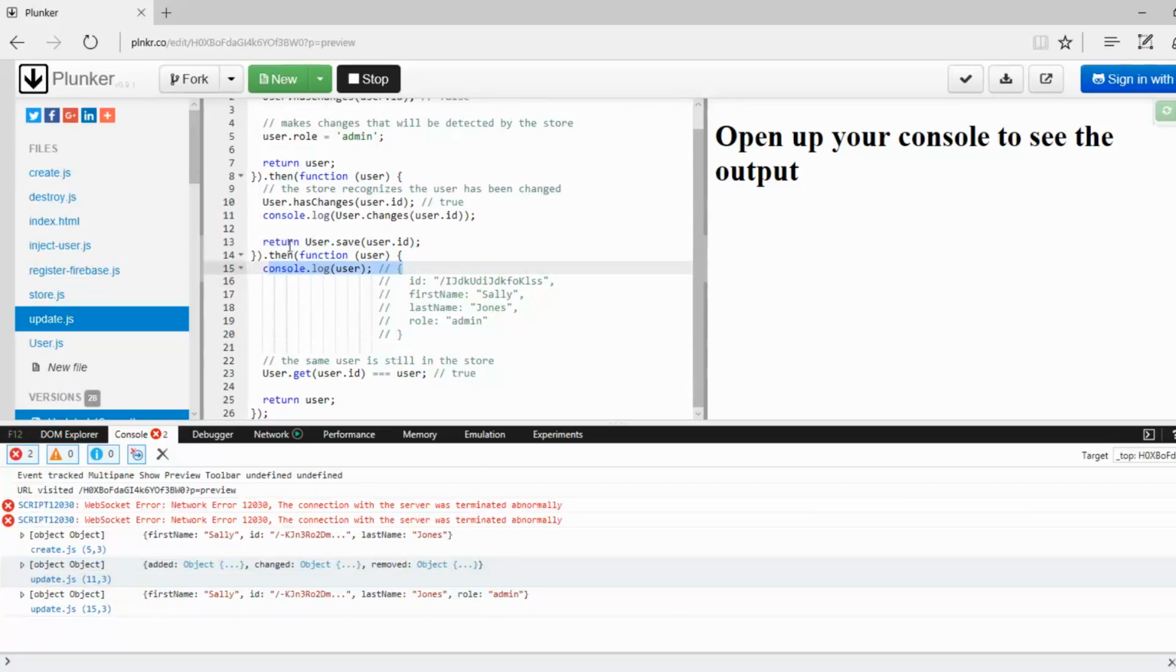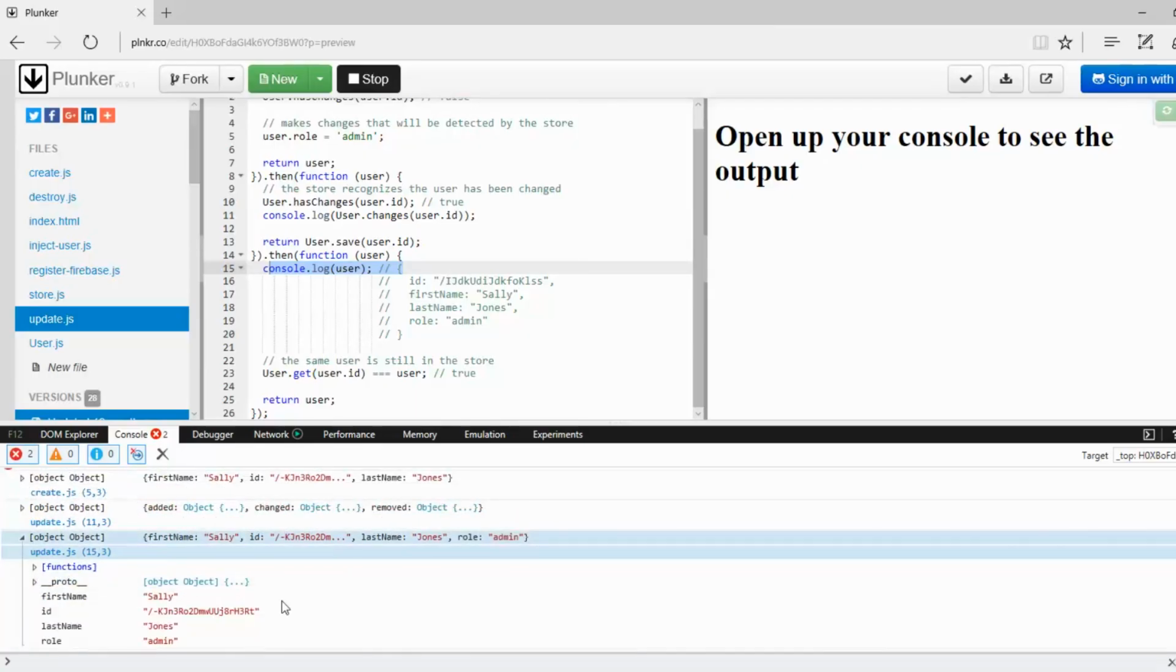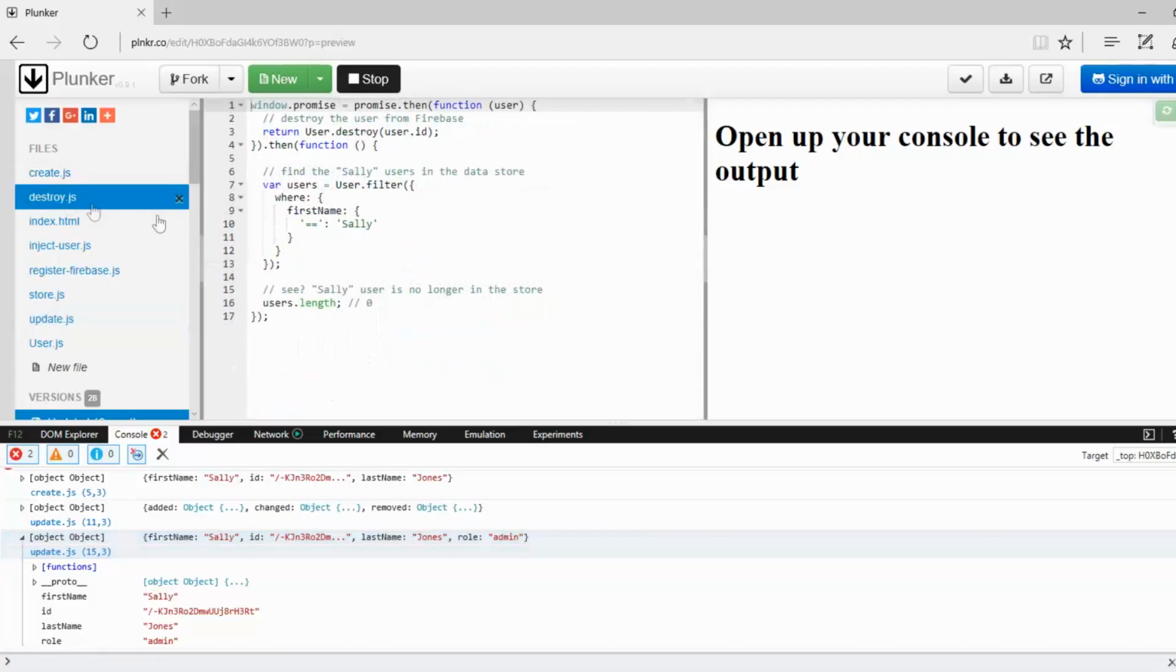Okay. And this console log of the user obviously happens afterwards because we're using a then, and here it is, and we can see Sally with a role of admin. And if we had the Firebase console open, we could see that this data was indeed in Firebase. Wonderful. Okay, there's one more: destroy. So, we've just been demonstrating some of the CRUD operations,